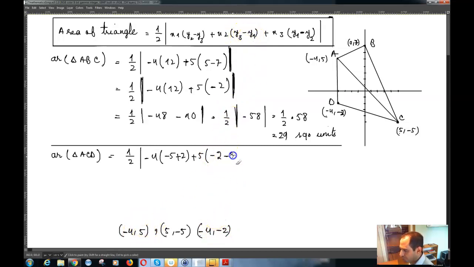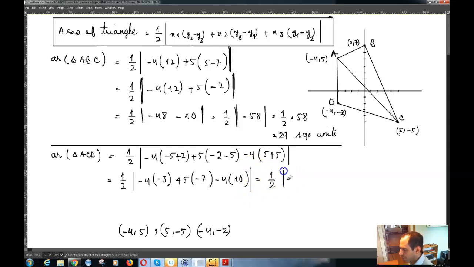So -5 plus x3, which is equal to -4 times (y1 minus y2). So 5 plus 5. So then you have 1/2 times -4 times -3 plus 5 times -7 minus 4 times 10, which is equal to